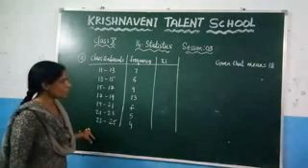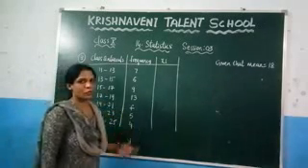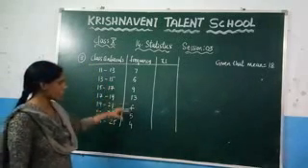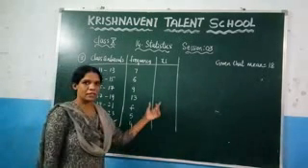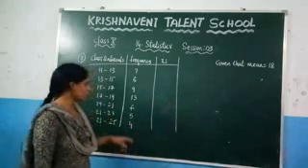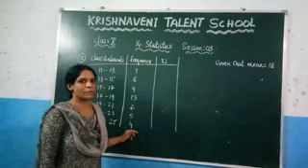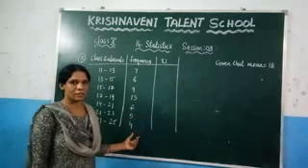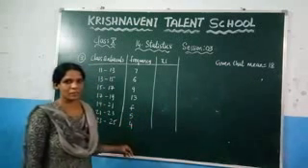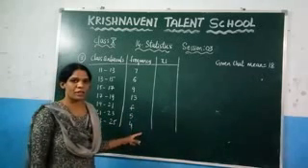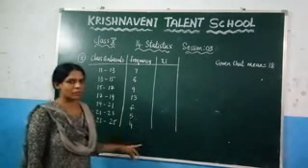In this session we are going to discuss Exercise 4.1, the third question. Here, what's the third question given? This data is given, and they have given the mean value, which is 18. You need to find the value of f here. You know that you can find the mean by using three methods: the direct method, the assumed mean method and the step deviation method. In the question they did not specify the method, so you can use any method here.